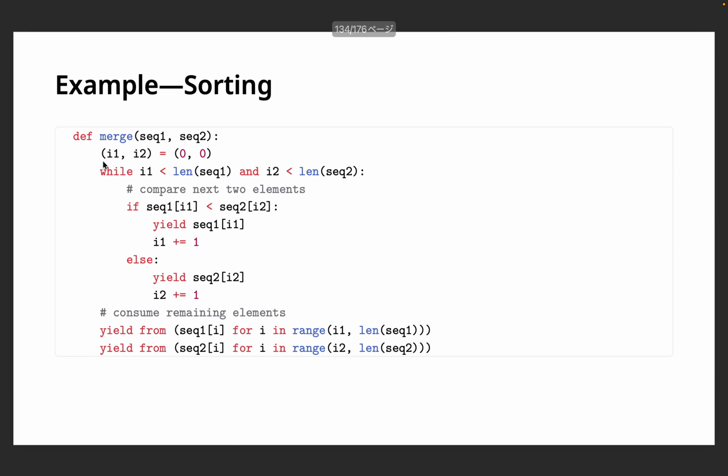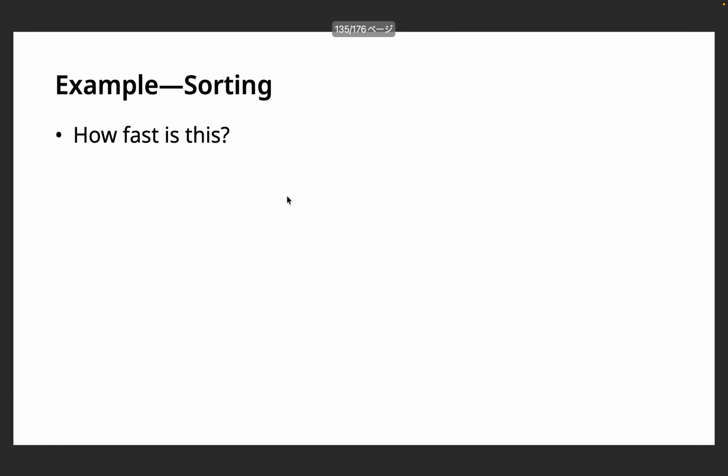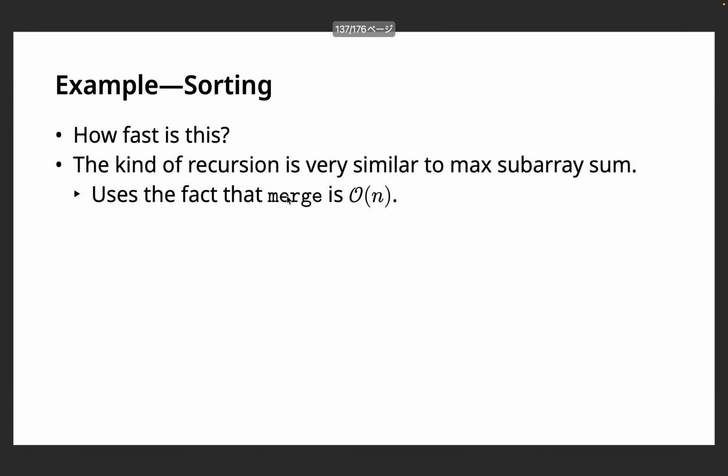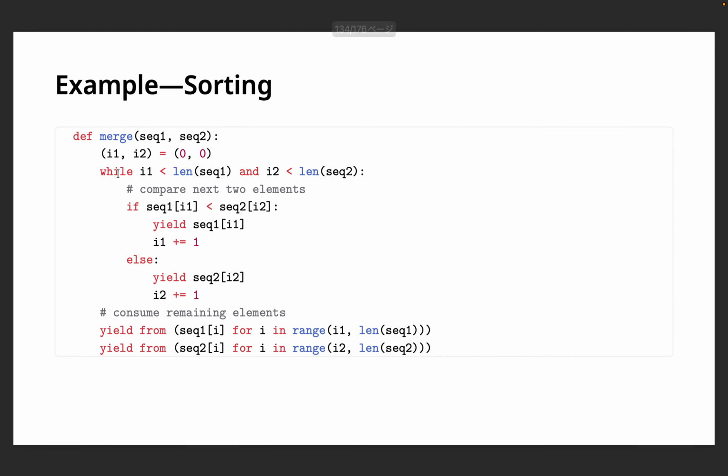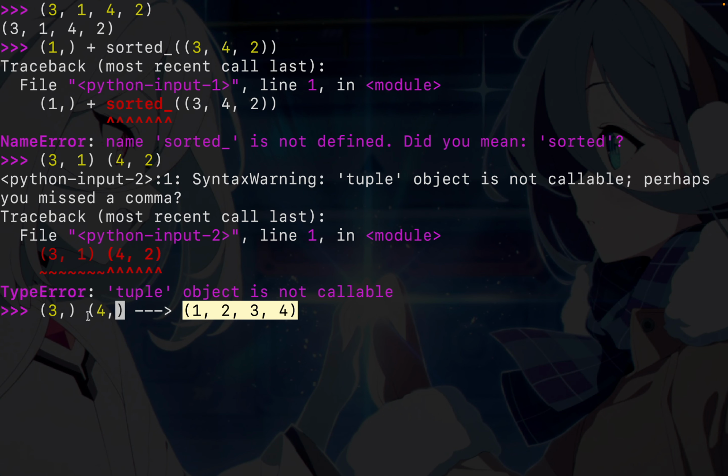So how fast is this thing over here? Well, if you think about it, the key idea here is that each element in each sequence is only considered at most once. Once we're done considering it, that means it's already in the final answer. So we consider each element of each sequence at most once. Therefore, this merge operation actually only takes us around O of n